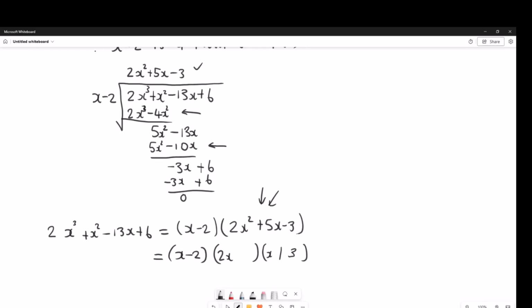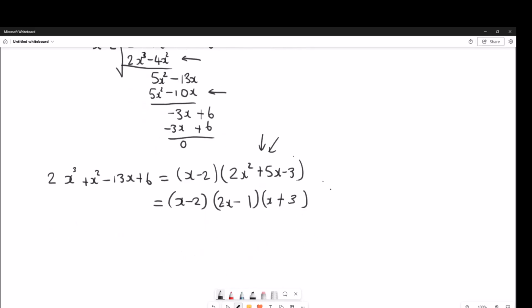Right, and there's a plus, and here I can put the 1. Let's just check if it works out, so let's see if we can get the top part there. So 2x times x is 2x squared. The middle term is minus x plus 6x, which gives you 5x. And then minus 1 times 3 is minus 3. So clearly, for this to be equal to 0, x equals 2, or